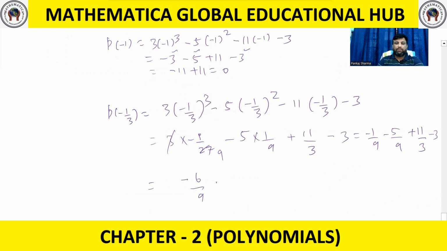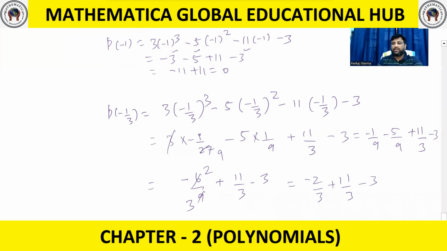Yes, plus 11 by 3 minus 3. Here we can simplify. 3 2 is 6 and 3 3 is 9. So minus 2 by 3. So minus 2 by 3 plus 11 by 3 minus 3. So minus 2 and minus 11, it will be